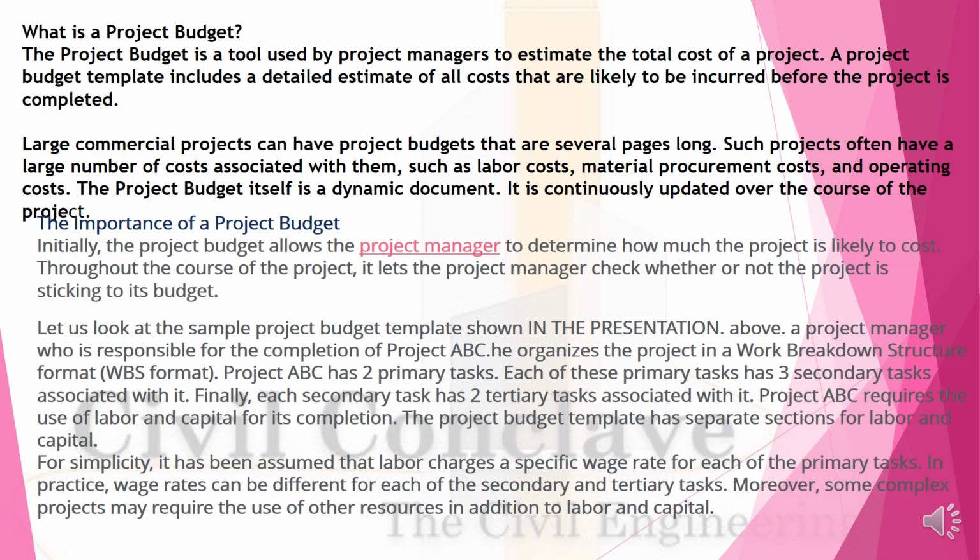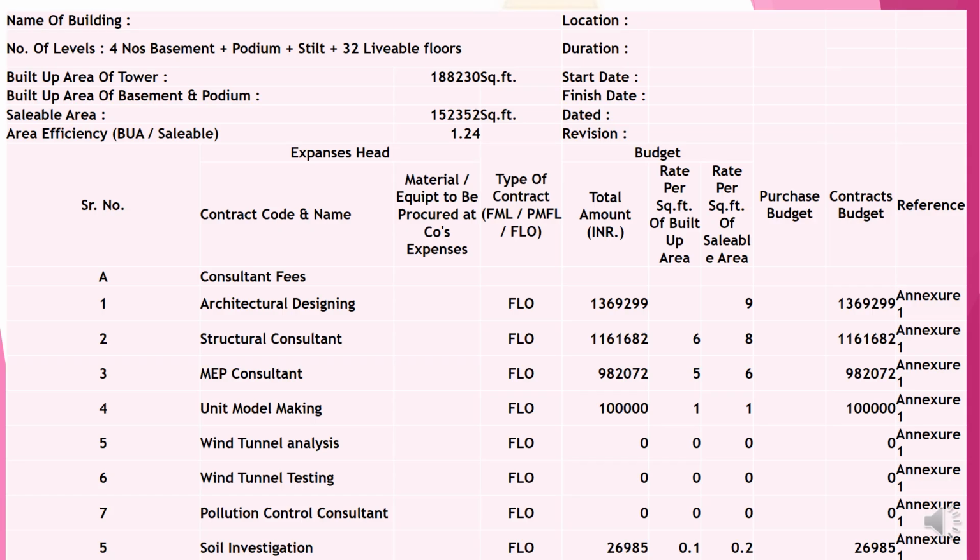For simplicity, it has been assumed that the labor charges a specific rate for each of the primary tasks. In practice, wage rates can be different for each of the secondary and tertiary tasks. Moreover, some complex projects may require the use of other resources in addition to labor. And now let us talk about